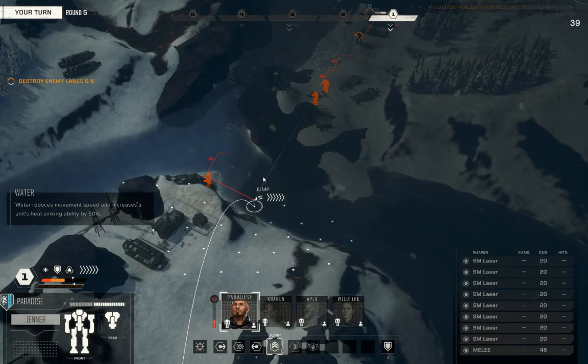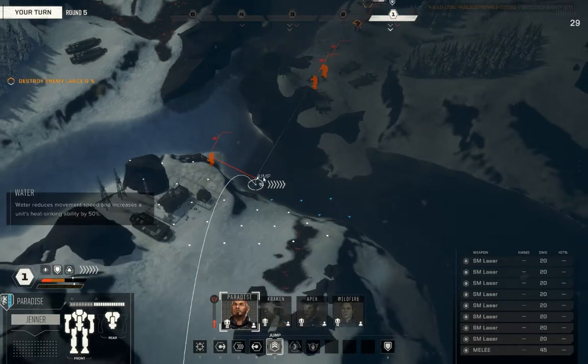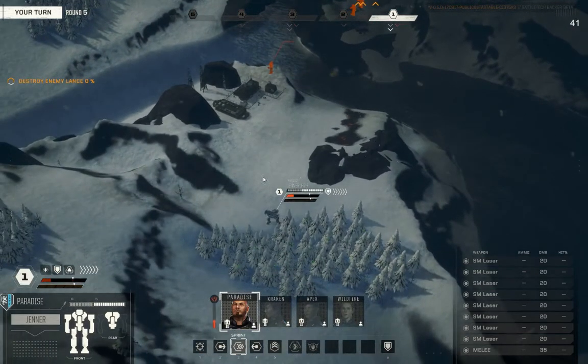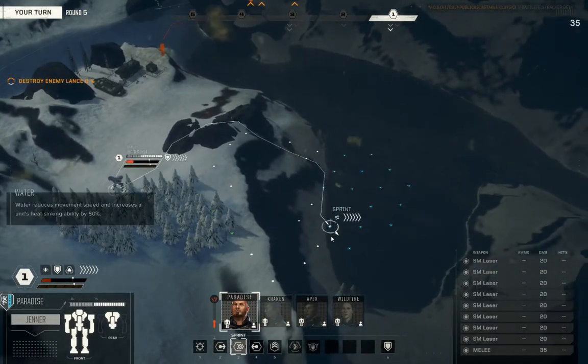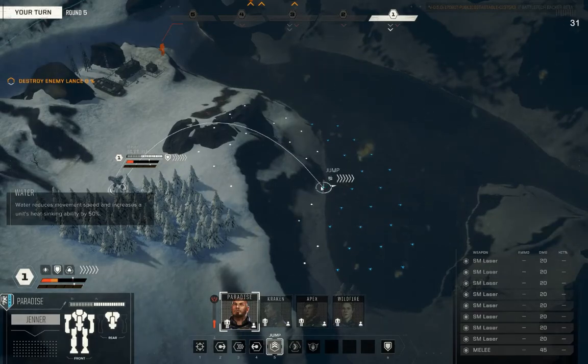This feels dangerous. I feel like I could get a really good backstab in here early, but I might be giving up Paradise's Jenner to do it. I don't want to do that. I am a risk-averse person when it generally comes down to it. So what I'm going to do instead...